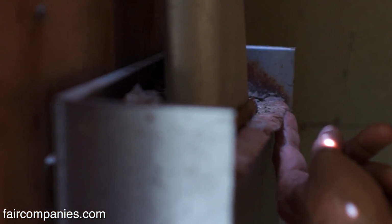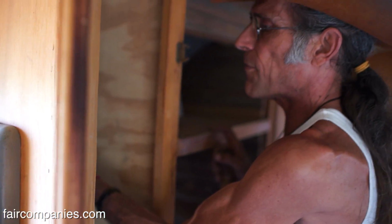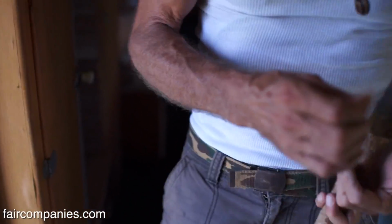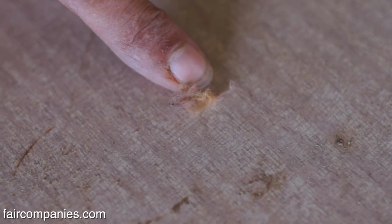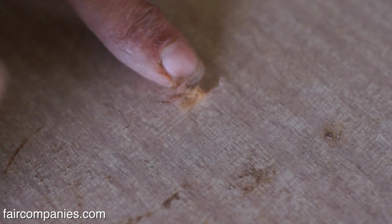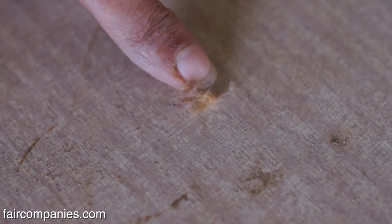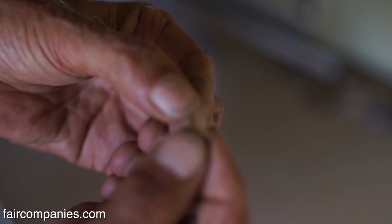Okay, when you're dealing in the salvage business, this is the worst of the worst. This little fiber right here, this is the friable. What the word friable means is that it can come off and turn into a fiber like this. Now, you'll notice it looks like just a lint, just like fiberglass, little fibers. And now there's different kinds of asbestos. Some of it's in caulk, some of it's in the glue under tiles, and it's not going to hurt you much. But this one, because it just blows like this, and it just goes all over,